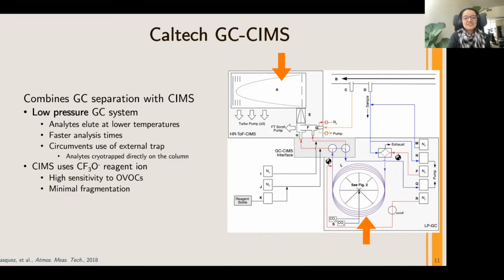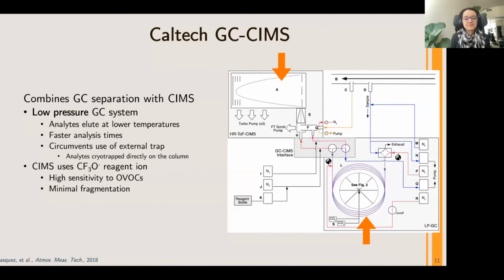That's why this instrument uses a specialized non-commercial GC that actually operates below atmospheric pressure. And this is great for our OVOC analytes due to a couple of advantages it provides. Now, without getting too deep into chromatography theory, I can say that due to the lower pressure, this GC allows analytes to be separated on a shorter column. We usually use a 1 meter to 4 meter column, and it also allows compounds to be eluted faster and at lower temperatures. And all of these three things basically reduce the likelihood that a compound will fall apart before